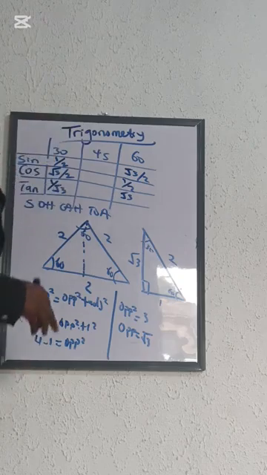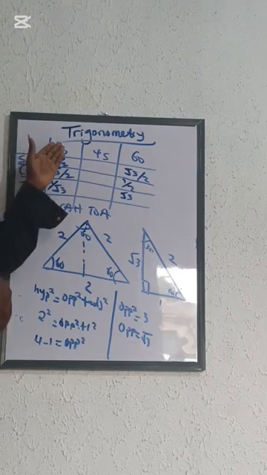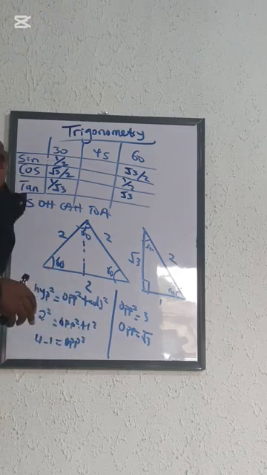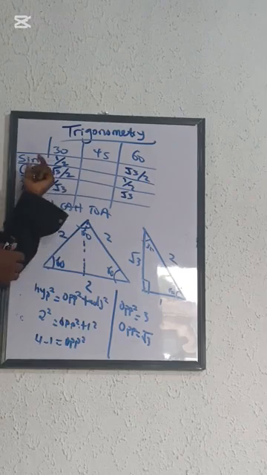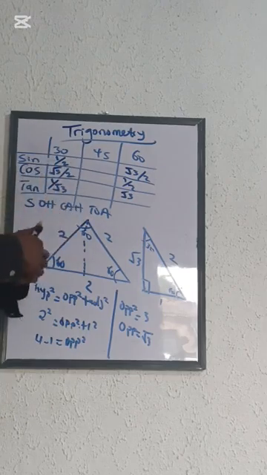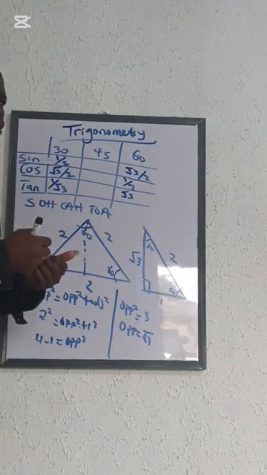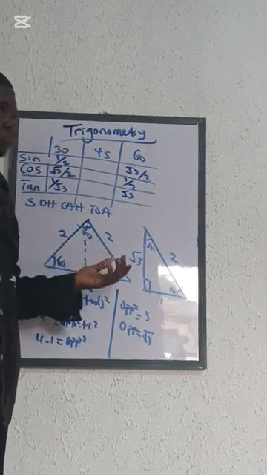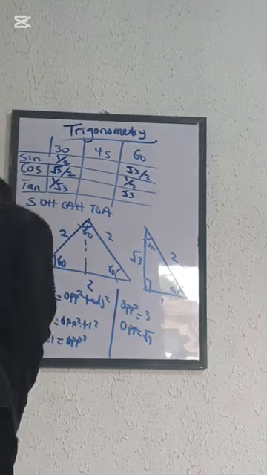So most times, if you check your calculator, 1 over 2 is 0.5. So you do sine 30 or cos 60 to give you 0.5, or 1 over 2. Root 3 over 2 is 0.8660. If you type it, that's what it gives you. So there are times where you are doing calculations and you don't really have to quickly look for a calculator. Just know, I'm using sine 30 here, 1 over 2. Then for 45,